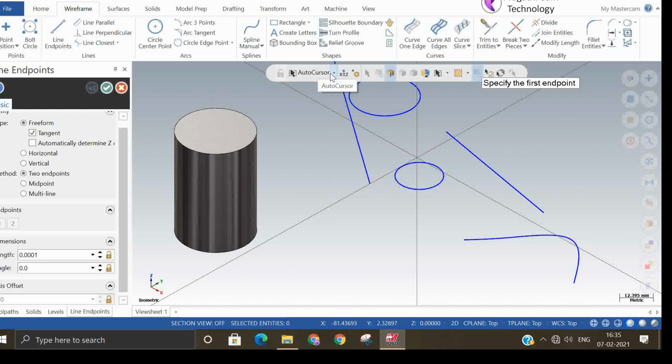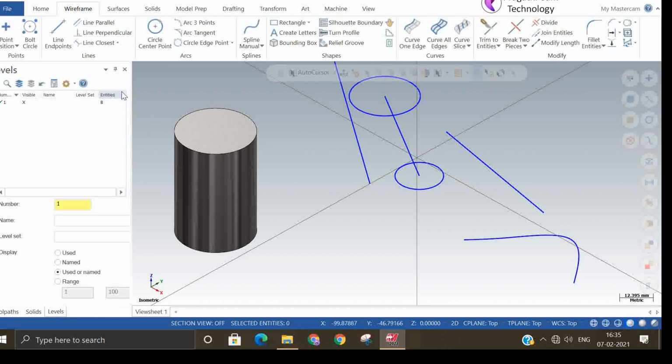In auto cursor I will say center of the line. So automatically it will take the center of the axis. Okay. So the default setting will be overridden by the auto cursor setting.